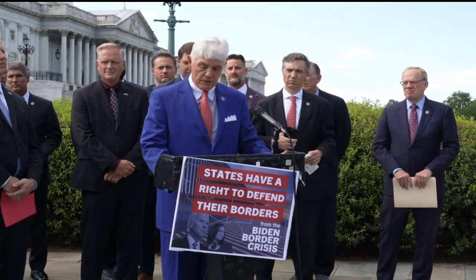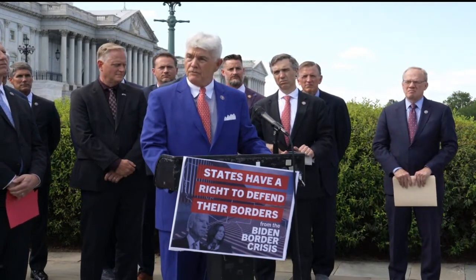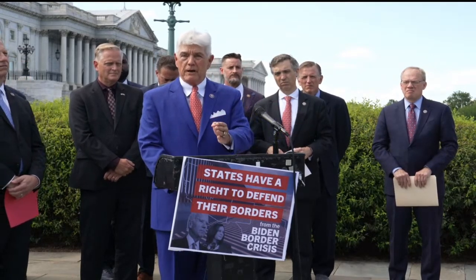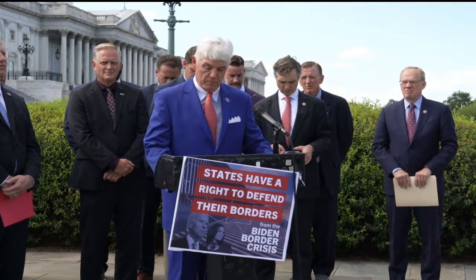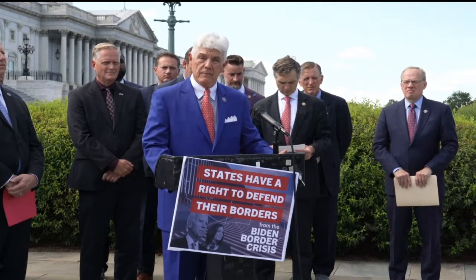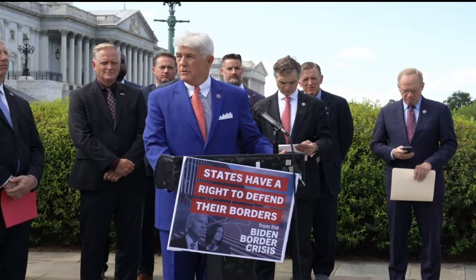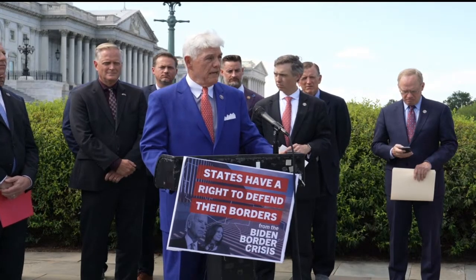Article 1, Section 10 supports Texas' constitutional right to defend itself from invasion. And this isn't an invasion. We are literally being invaded by people that have made their first decision to come to America is to break the law. I have a problem with that, and a lot of people have a problem with that. The Biden administration does not. So they need to act. We need people to know they can come through the ports of entry and realize the American dream. They can come between the ports of entry and they realize the Joe Biden American scheme, and that has to